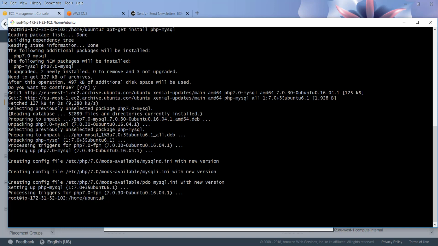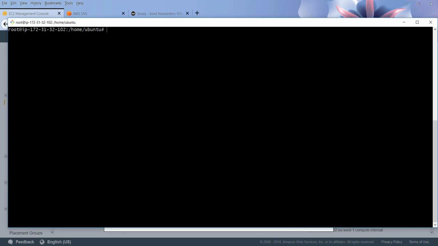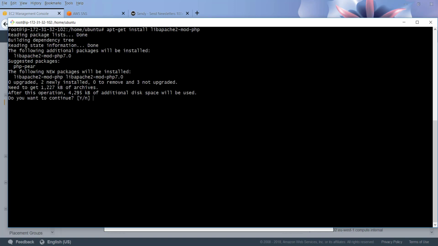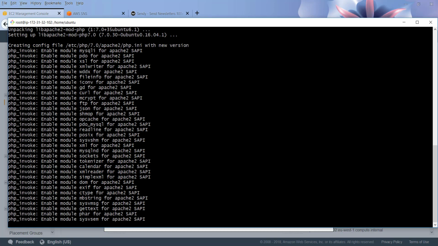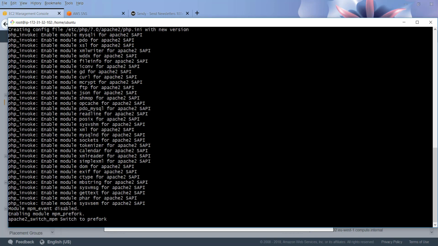But now we also install apt-get install libapache2-mod-php. In some cases we get some trouble installing Sendy, so that's why we're going to set up the PHP libapache mod. And